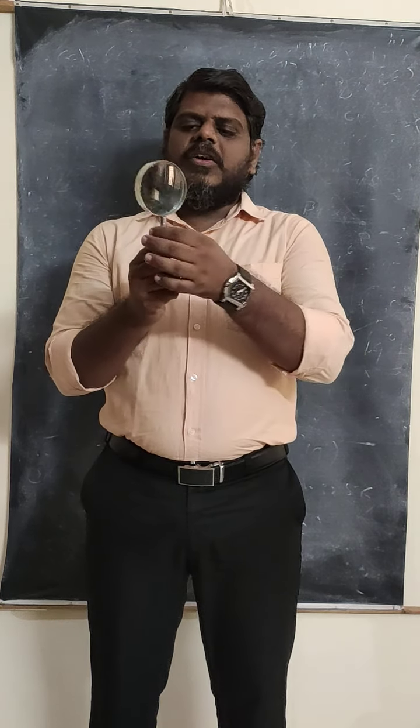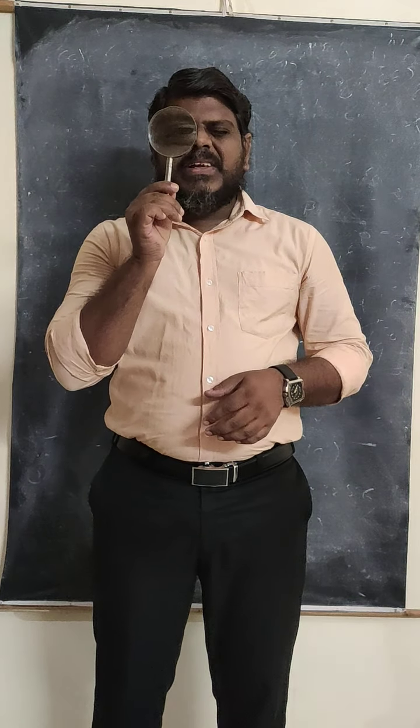I think most of you are aware of the simple microscope. A simple microscope is nothing but a magnifying glass. A magnifying lens is called a simple microscope. Suppose this is the simple microscope. In the middle a convex lens is placed, and this is a metal frame that you hold. To hold it you have the string here, and the metal frame is arranged. This total arrangement is called a simple microscope.